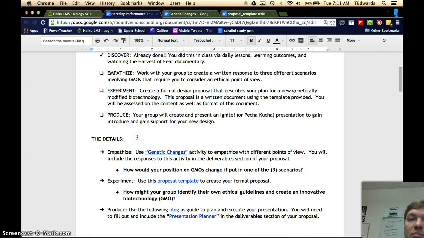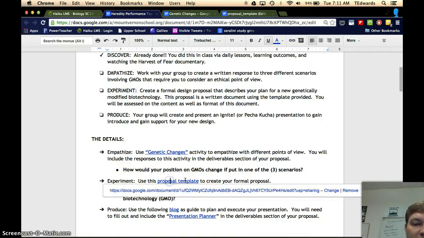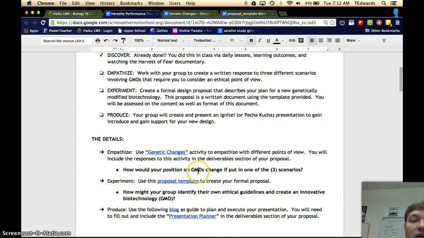If you're feeling ambitious today, you can look down here at the details for the proposal. I've written you a very detailed template that you can use. Your final proposal will probably end up being somewhere on the order of 5 or 6 pages. Some of that is table of contents, some of that is charts and figures and things like that. So it's not quite as bad as it sounds, but it is going to take some time. So make sure you get through the empathize phase today so that tomorrow you can jump on working on the